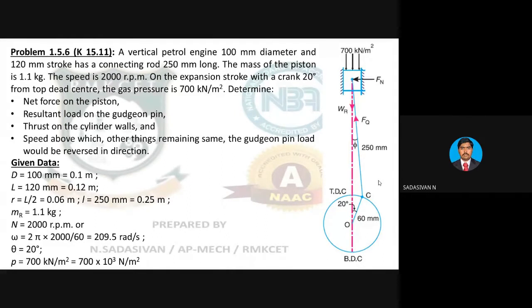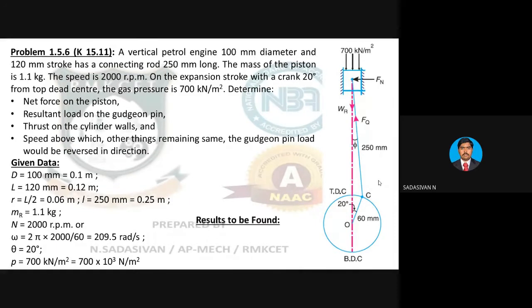Don't forget to put the 10 power 3. Just in the given data itself, write it as 10 power 3. Otherwise, you will forget the 10 power 3 in the calculation. Don't keep it as kilonewton. Some books follow kilonewton. Don't do that. Wherever you get kilonewton, write 10 power 3. Wherever you have newton per millimeter square, change it into newton per meter square by multiplying by 10 power 6. If you don't do that, you will make many decimal errors in your problem.